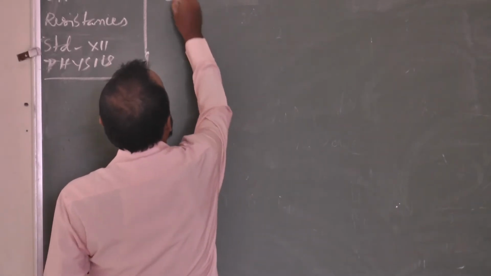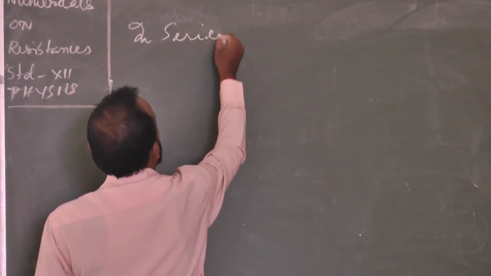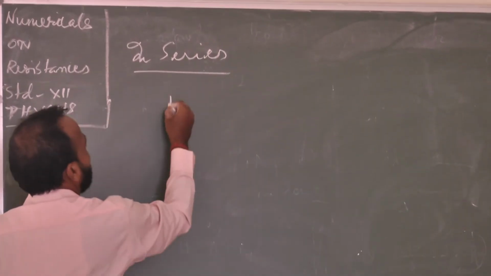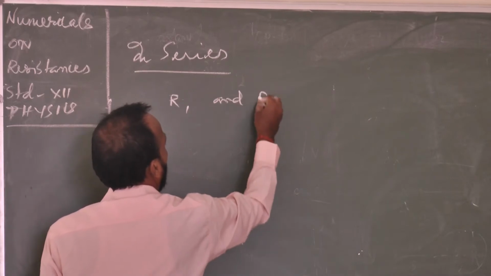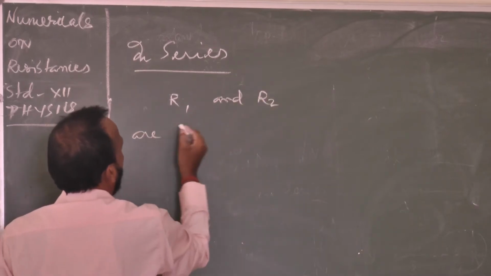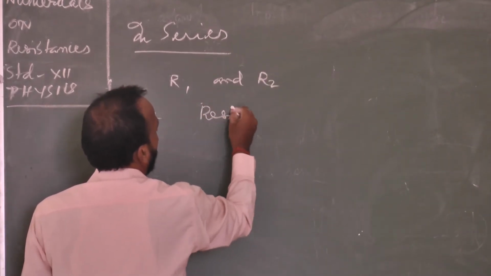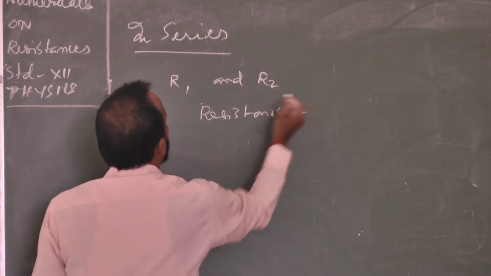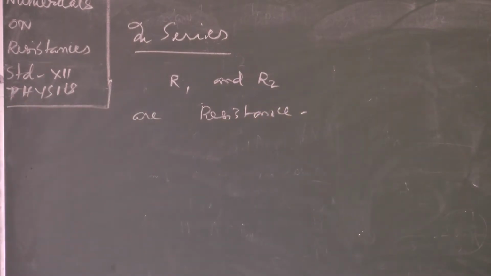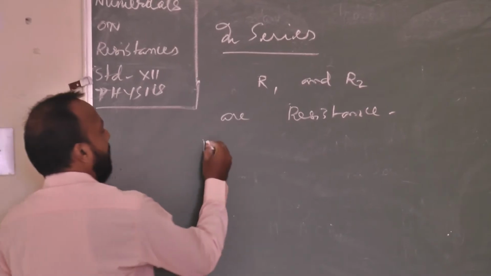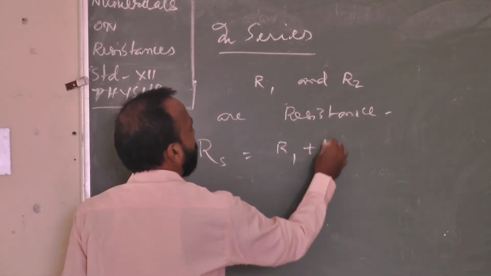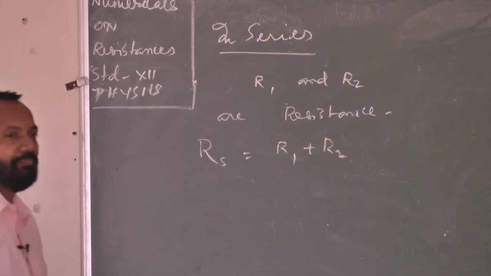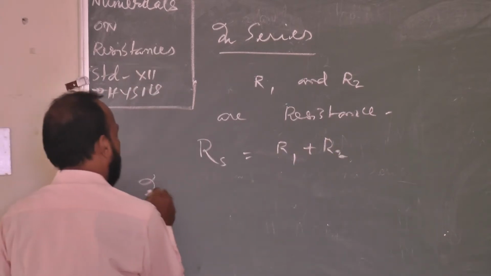In series combination, suppose resistances R1 and R2 are there. R1 and R2 are the resistances. Then in series combination, the effective resistance will be R equals R1 plus R2, that you know. In parallel,